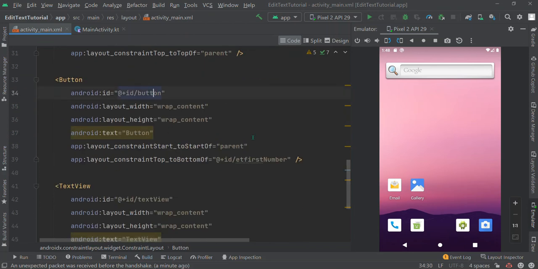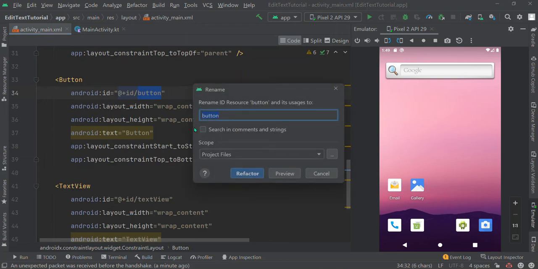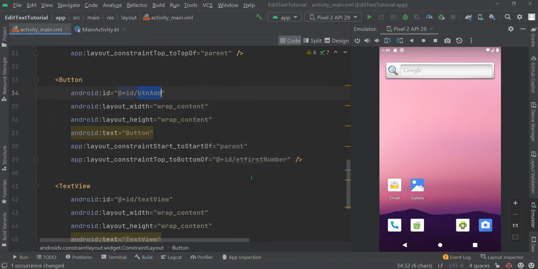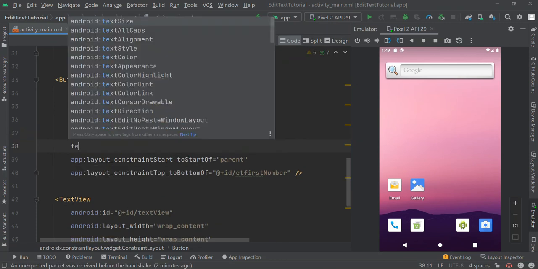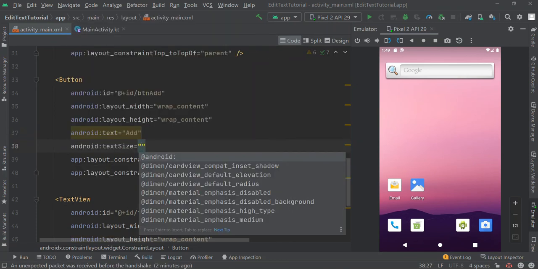And the button ID I will give an ID, Control Shift F6, sorry, so this should be btn, and let's suppose again add, like sum the two values, okay, refactor, and the text should be add, and maybe we can change a bit text size to 30 sp,